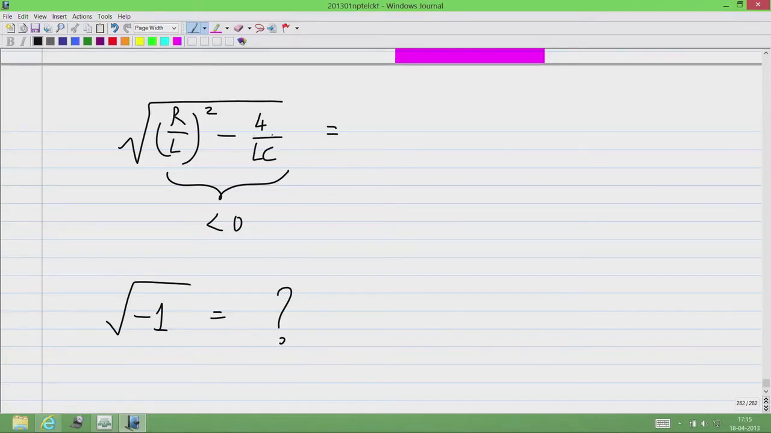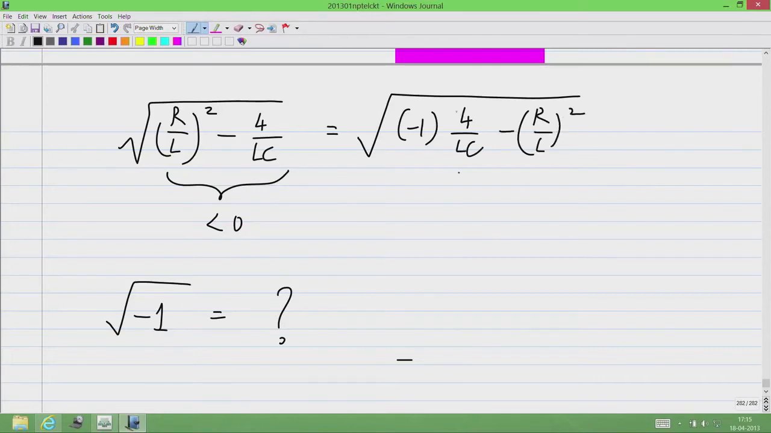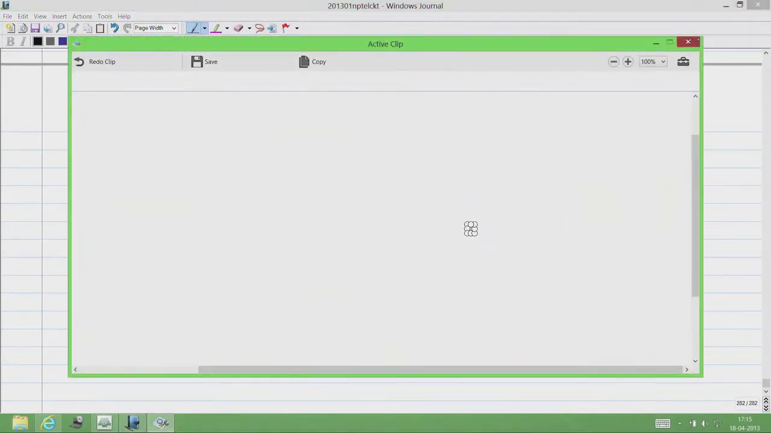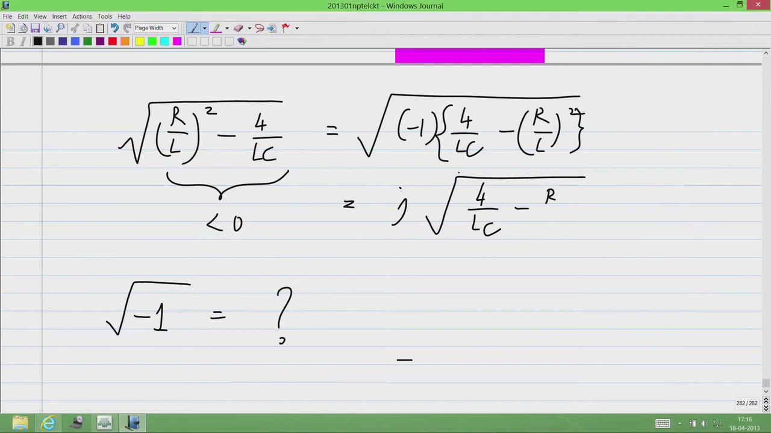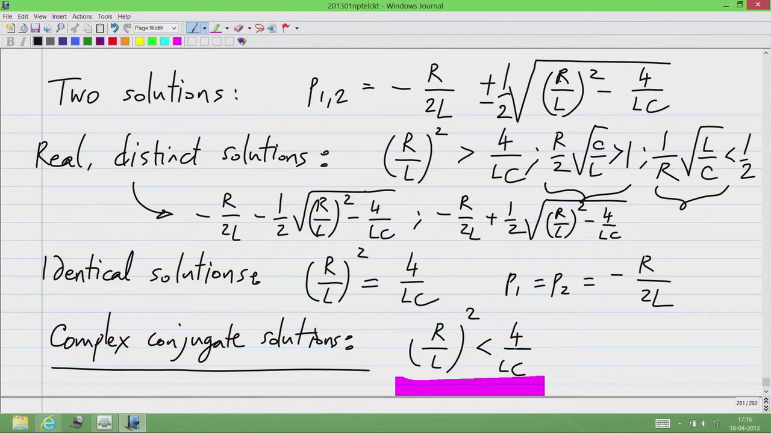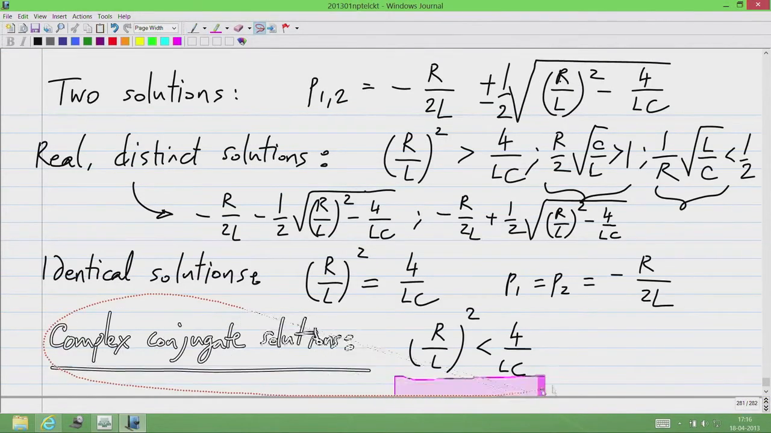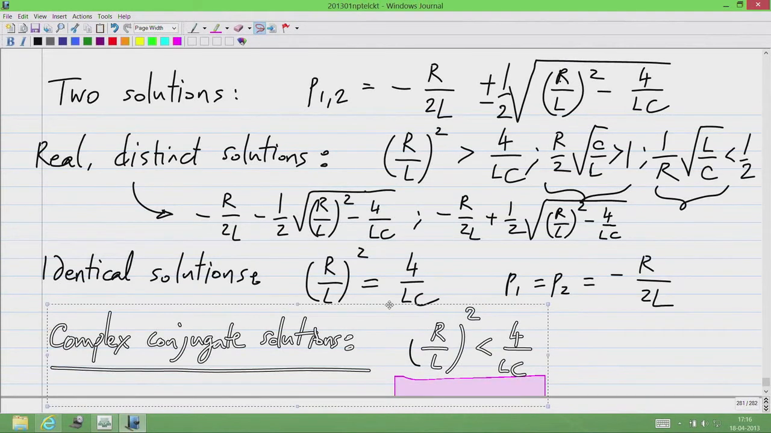Okay. So, what is this? This is basically the square root of minus 1 times (4/LC minus (R/L)²), which is basically j times the square root of 4/LC minus (R/L)². So, in this last case, when (R/L)² is smaller than 4/LC,